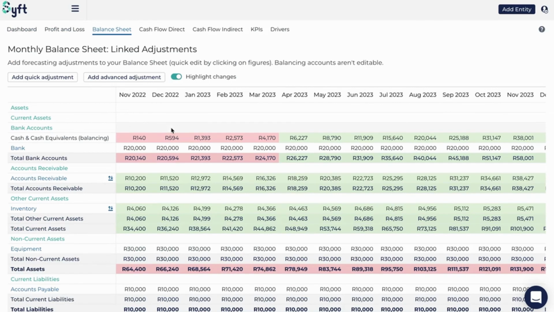Okay, so the last aspect of the sale that we haven't yet included is accounts payable. So when we purchase more inventory, we then need to go and pay for this. Now, Syft has again automatically gone and put that contra in cash and cash equivalents. And so if you plan on purchasing your inventory on cash, then you don't need to do another adjustment. But if you plan on purchasing it on credit, as many businesses do, then we need to consider this last